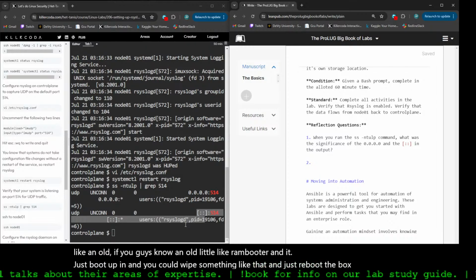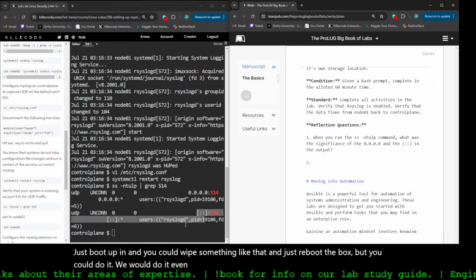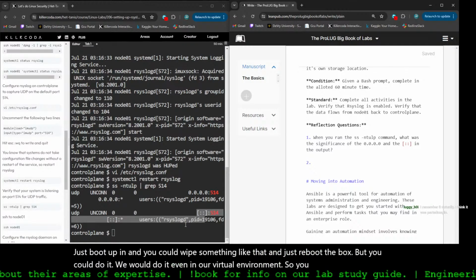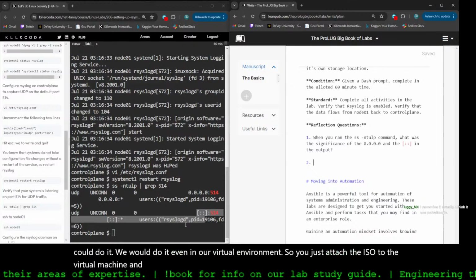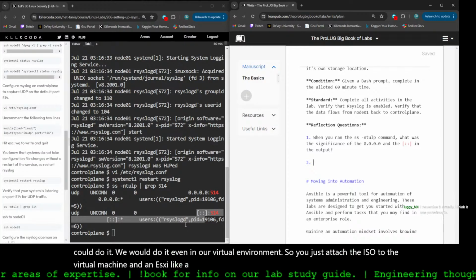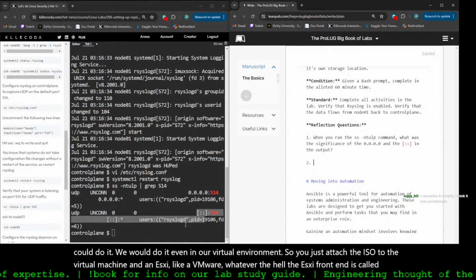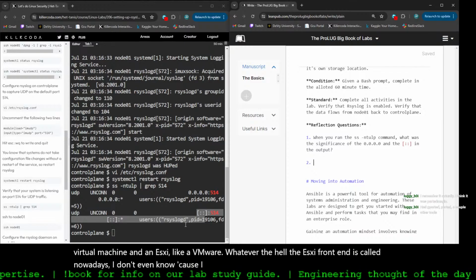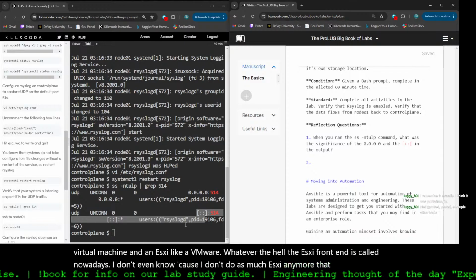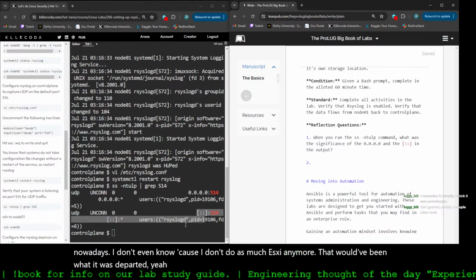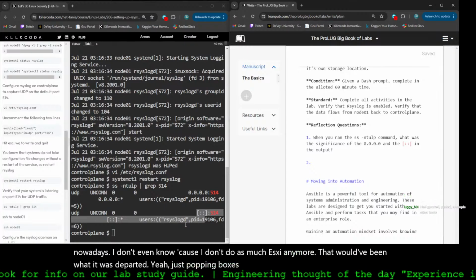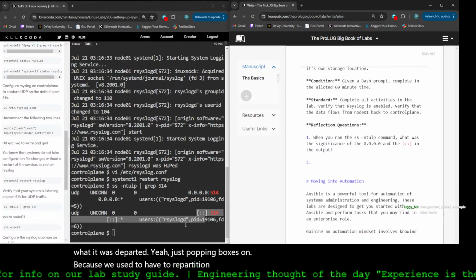But we would do it even in our virtual environments. So you just attach the ISO to the virtual machine in like an ESXi, like a VMware, whatever the ESXi front end is called nowadays. I don't even know because I don't do as much ESXi anymore. That would have been what it was. GParted. Yeah. Just popping boxes on, because we used to have to repartition things before patching sometimes,